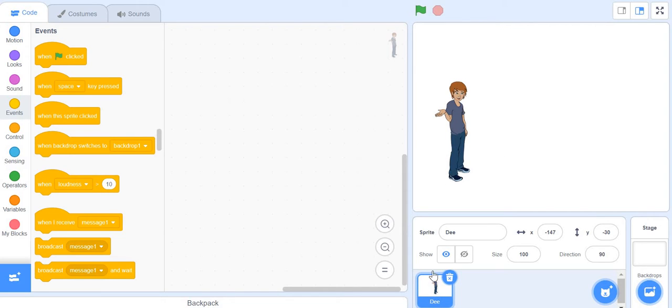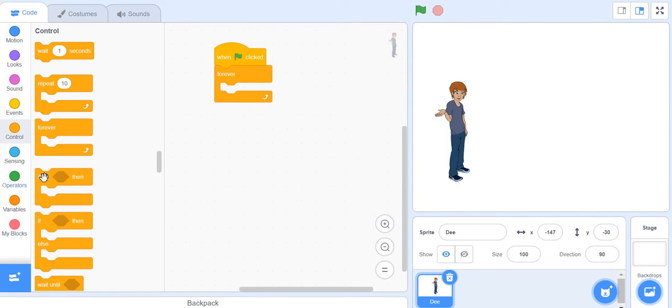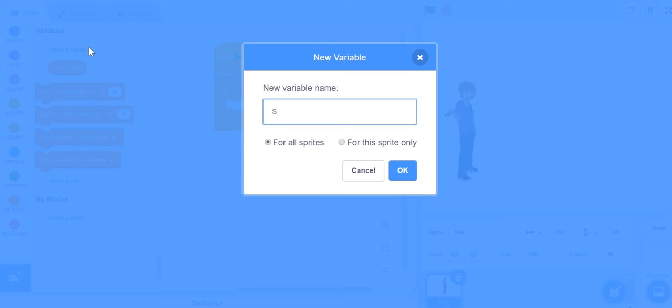Here we have a sprite, our sprite D here. We have only one sprite, and let's start coding this. We put an event again saying when green flag clicked, and then forever, then an if statement. And now, as I told you, we can add on to our if statements using variables. So let's make a new variable called score,